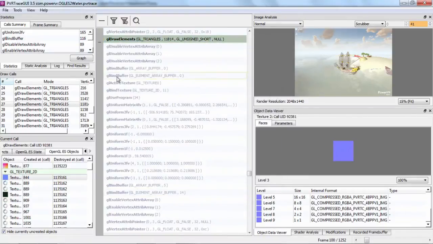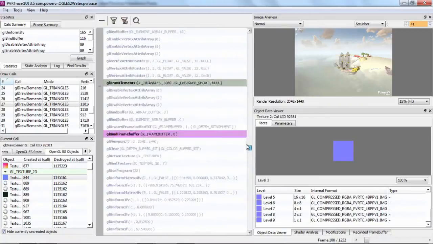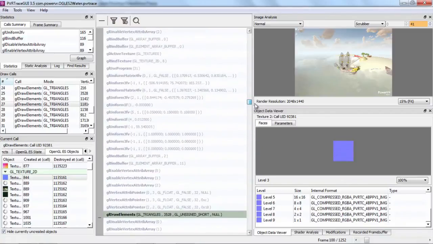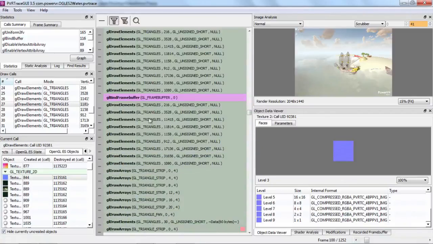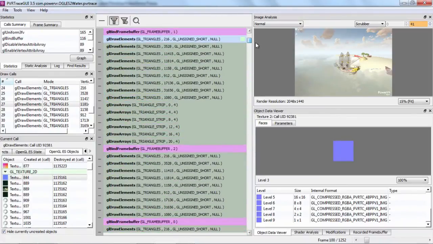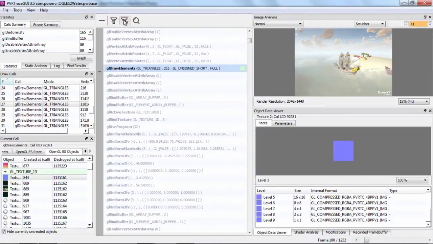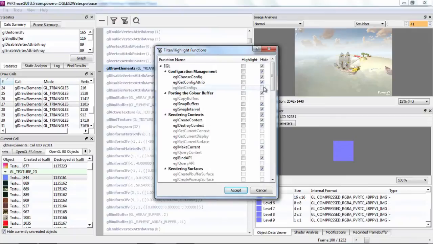So if I just click accept, you can see now everything has gone grayed out except for the calls I'm particularly interested in, so these bind frame buffer calls. And then all I need to do is click the filter, and I'm given a very simple view where all we can see is the draw calls and the GL bind frame buffer calls that I was interested in. Okay, so if I remove these filters again,